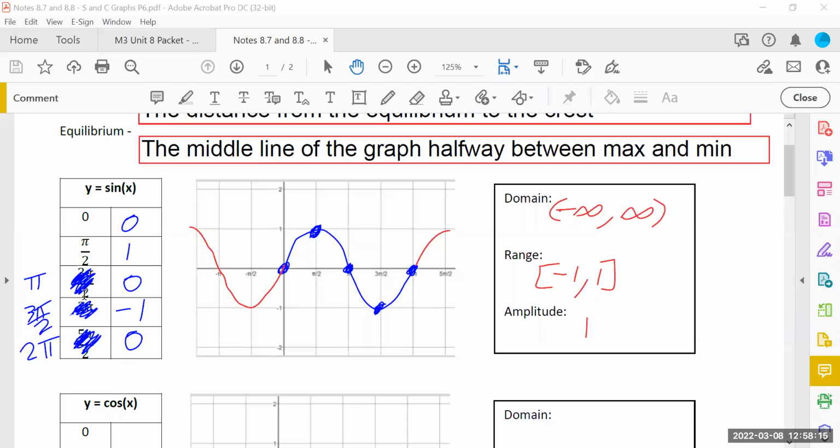Then we said sine of pi was 0. Sine of 3 pi over 2 was -1. Sine of 2 pi was 0. Just taking those straight off of the unit circle. All right. And then we made a little graph. We said that, okay, those 5 points make this little curve right here, but that we can extend that out